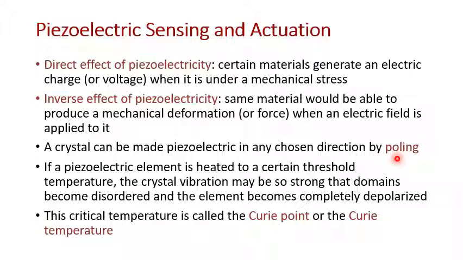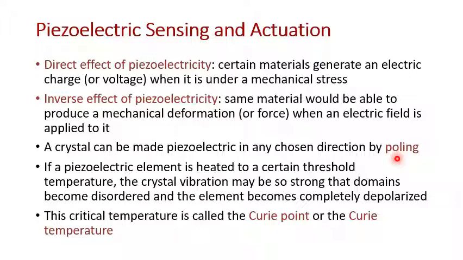So under the action of this field, the domains that align with the field will grow at the expense of the others. That is, the material will lengthen in the direction of the field. When the field is removed, the dipoles will remain locked in a particular alignment, giving the crystal a polarization or